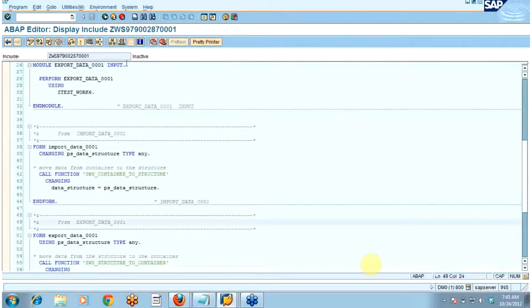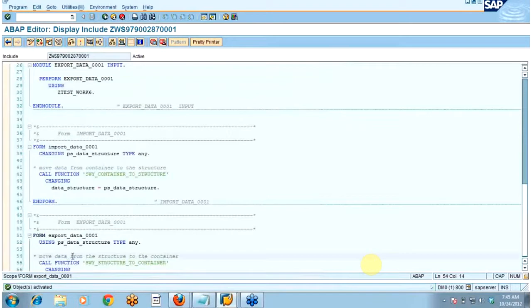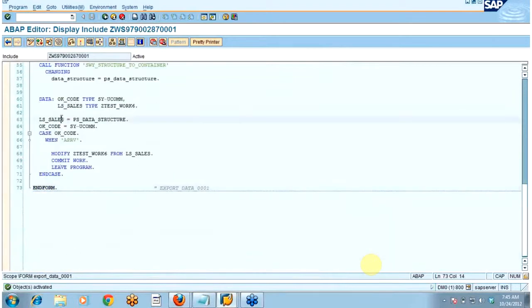Okay, you can see it is in inactive state, so I think that's the reason it's not getting executed. Still I am just putting the debugger so that we can come to know what's happening.